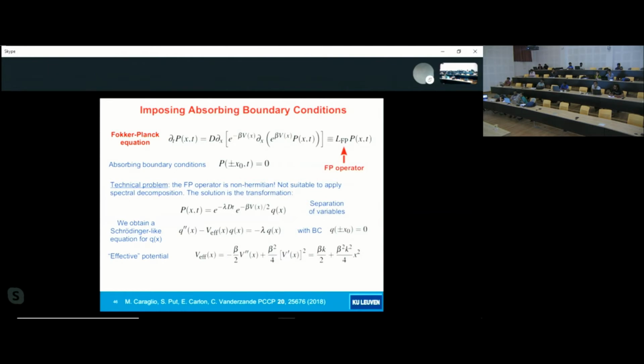And what is very interesting is that even if we start from a V that is a barrier, with negative curvature, once you do this transformation you always get a positive curvature in V effective, right? Because it depends on k squared. Irrespective of the sign of the curvature k, you always get a positive V effective. So the effective potential has positive curvature. All right. Okay, so these are the transformations that we are using, and we are going further, working with this Schrodinger-like equation.